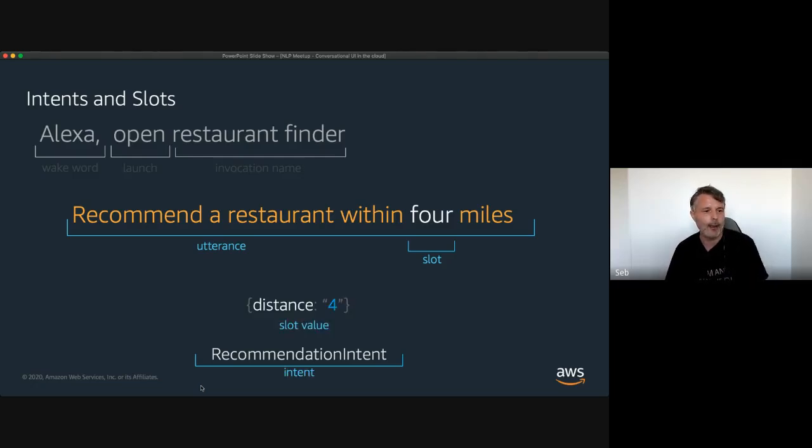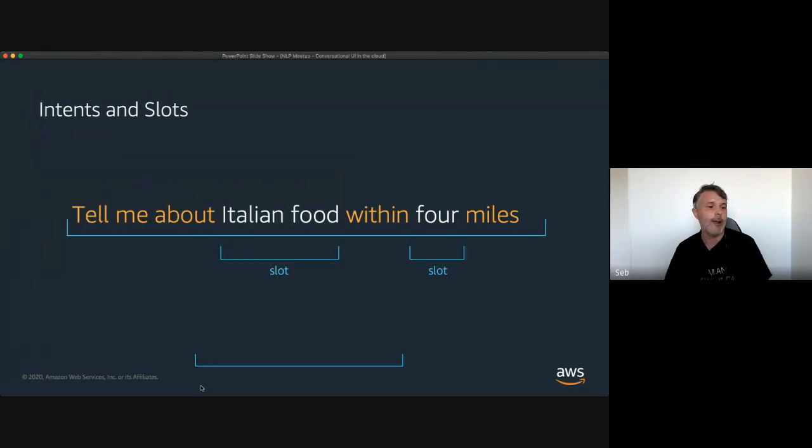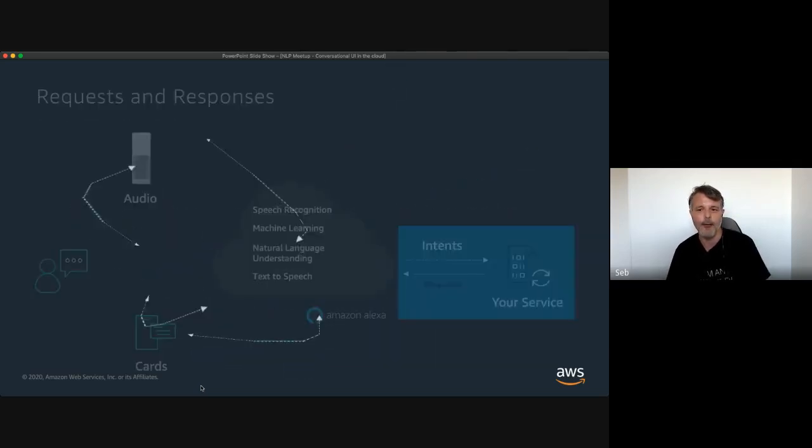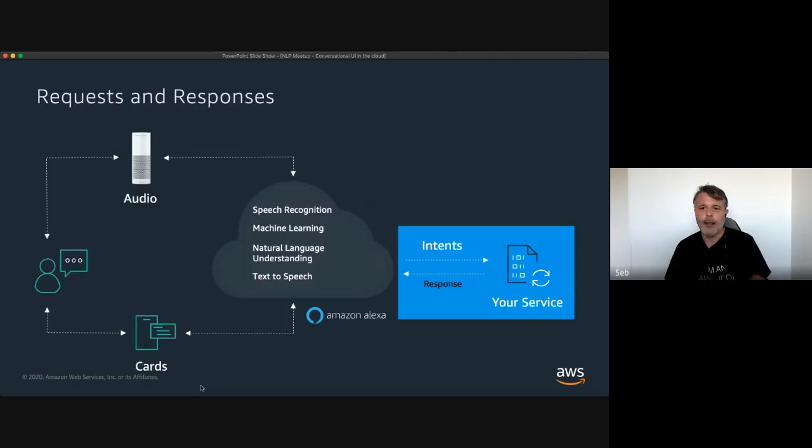So our NLP will also analyze the phrase to detect the different slots, the different entities, and to resolve these entities into a variable with a name and a value. You might have multiple entities inside an intent as well. "Tell me about Italian food within 4 miles." In that case, we have a recommendation intent with 2 slot values, 2 entities: distance 4, and cuisine would be Italian food. So we do all that complexity in the cloud, and at the end we need to fulfill the